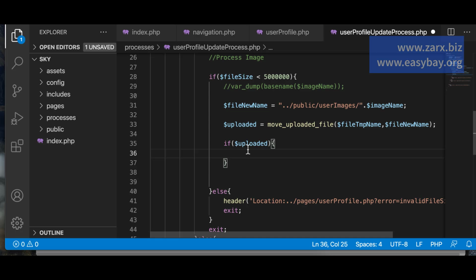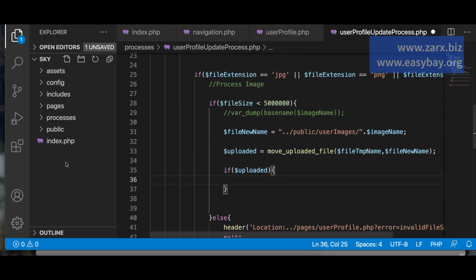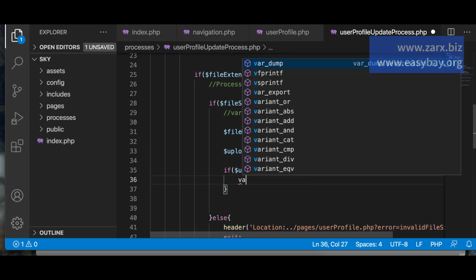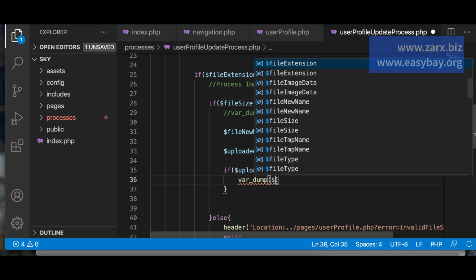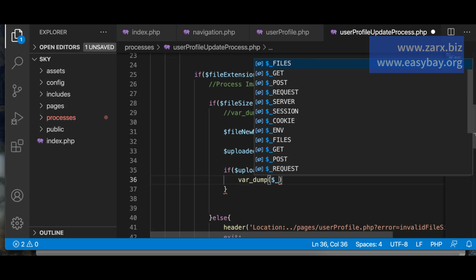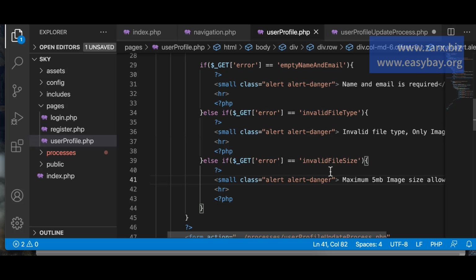Now the thing is that when he does that, the session value is not going to be changing. For example, if I say var_dump $_SESSION, that's the variable we are using here. So yeah, it's the same variable